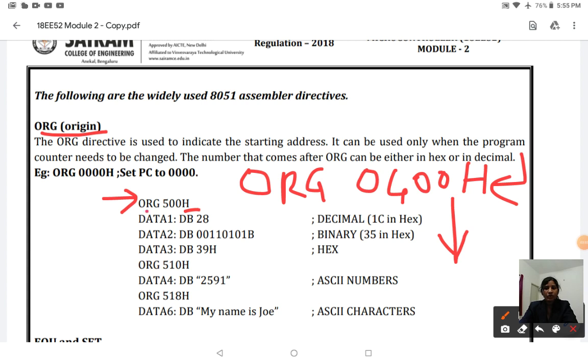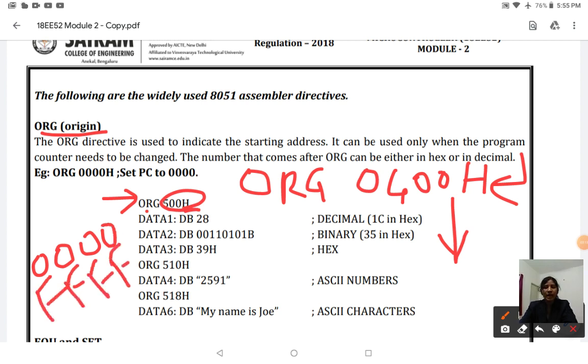After ORG, whatever is written specifies the address. We can specify any address from 0000H to FFFFH. Once the assembler sees this instruction, whatever instructions you write after this will start from 500H.